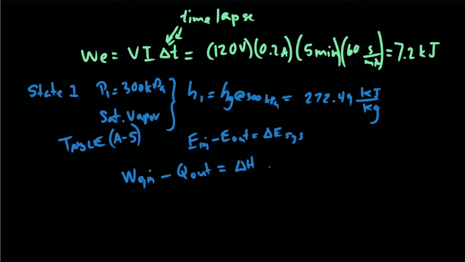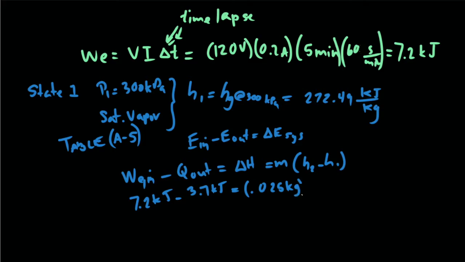And delta capital H is equal to the mass of the system times little delta h, which is h2 minus h1. Now if we substitute for our electric work, 7.2 kilojoules, and for our heat loss, which is 3.7 kilojoules as given, this is equal to the mass, which was 25 grams, so we'll put it in terms of kilograms, times, well, we don't know what h2 is, that's what we're trying to find in order to find the temperature, minus h1, which is